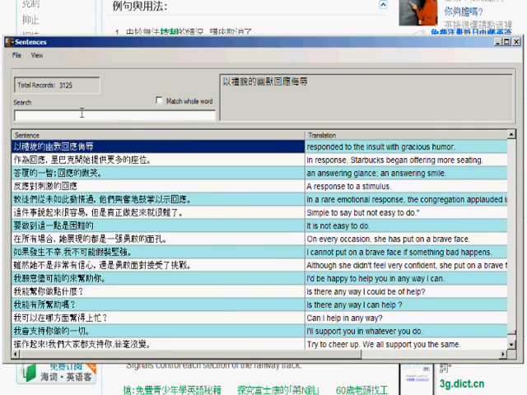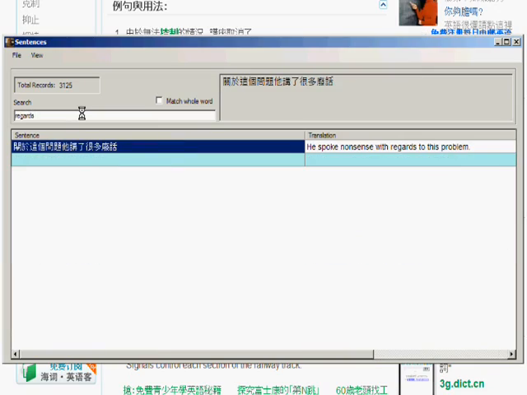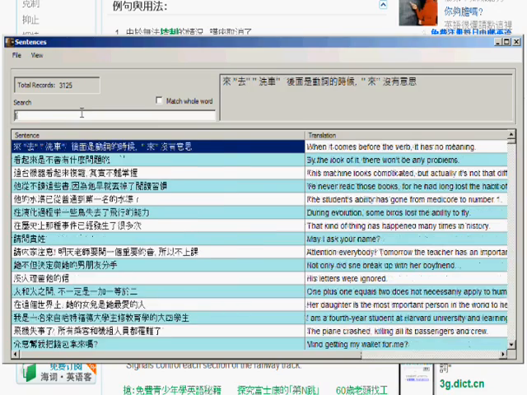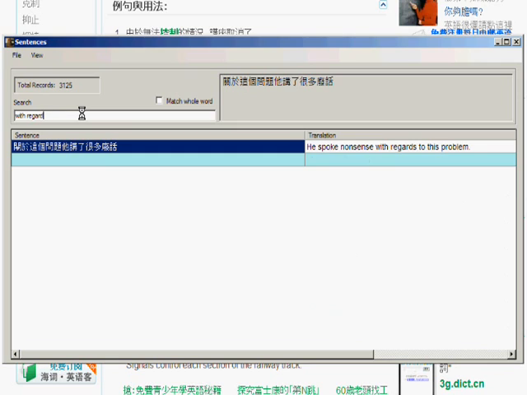Okay, so this is the main interface. The nice thing about this is that, let's say I want to say something, but I can't remember exactly how to say it. With languages you usually can remember a certain pattern, like with regards to, or something like that. Now, actually I have no idea. There you go, with regard to.